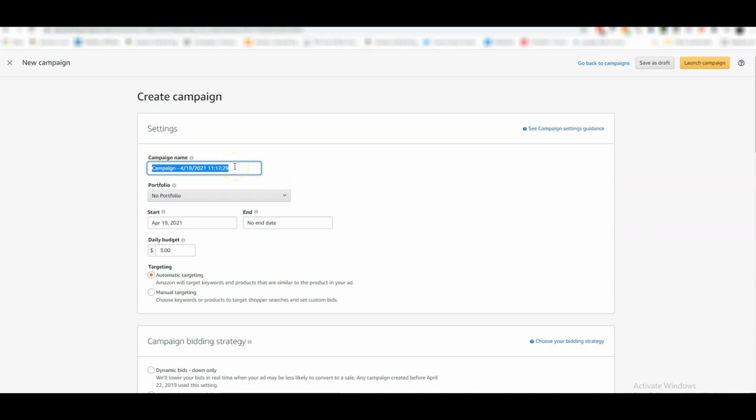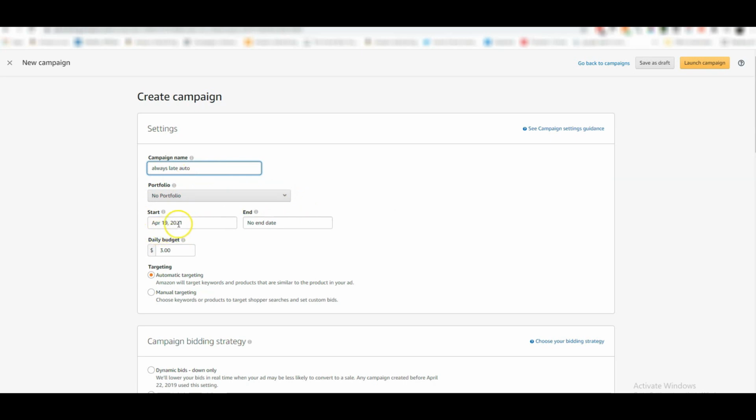That is just so that you can identify your book when you look on the dashboard. So I'm going to just write Always Late because that's part of the title of the book. And then I'm just going to add auto because this is an automatic ad. So when I look on my dashboard, I can see that this is the name of the book and it's an automatic ad. We don't choose any portfolios.